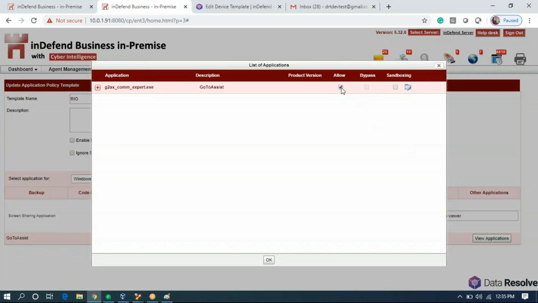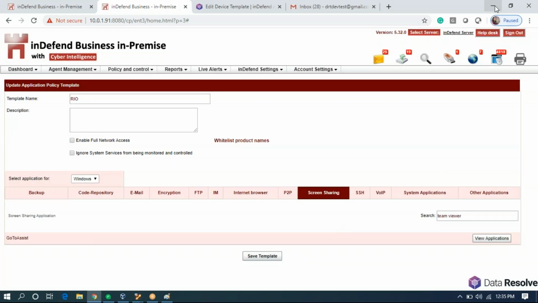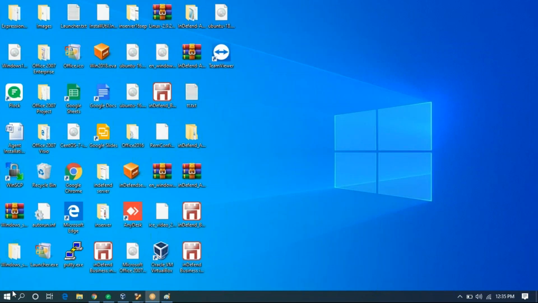So I'll uncheck the GoToAssist application, and then we'll check blocking for GoToAssist.